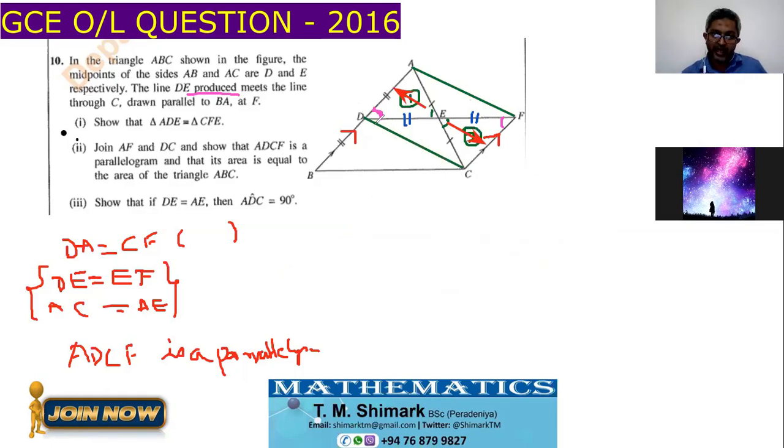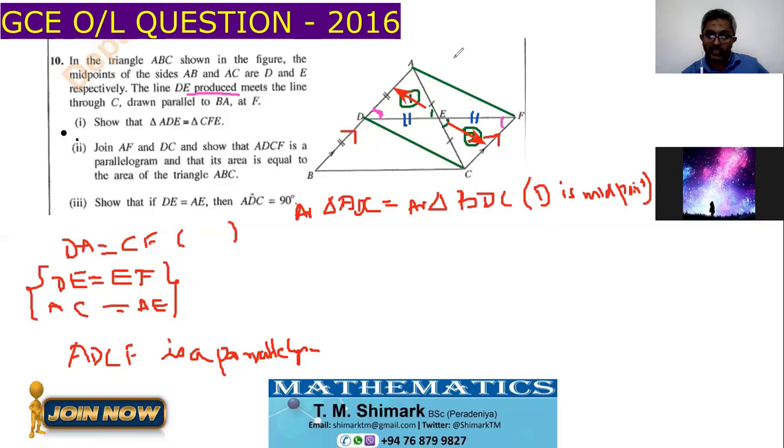Triangles ADC and BDC are equal, right? We can say congruent. In area it's equal, it's half divided, because D is exactly the midpoint. Area of triangle ADC and area of triangle BDC are equal, right? The reason is D's midpoint, but we know that very clearly, right? As per our theorems,